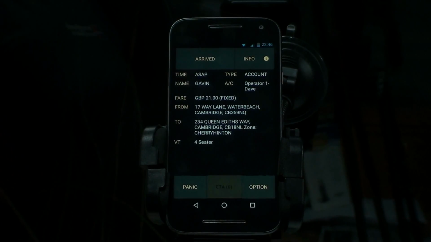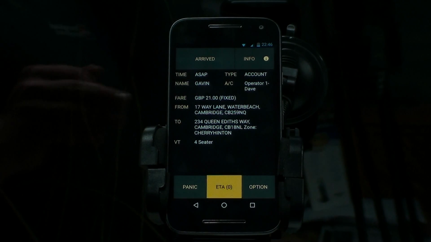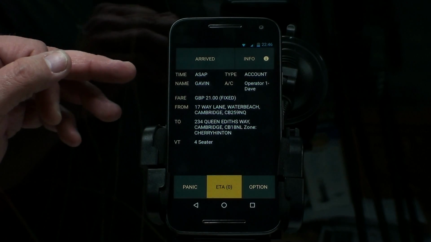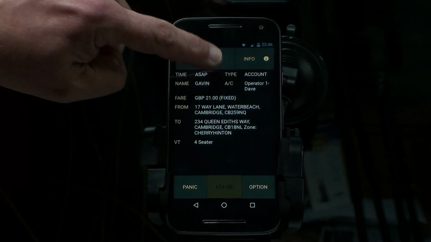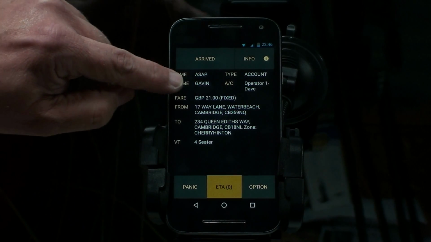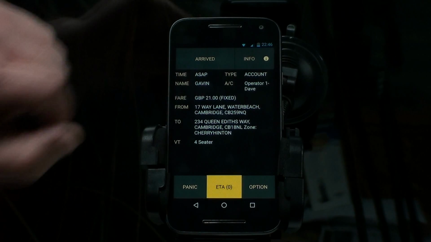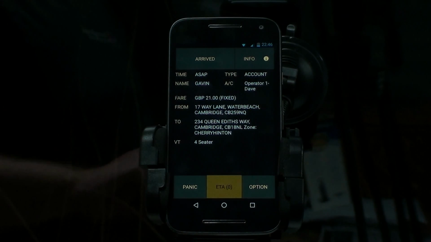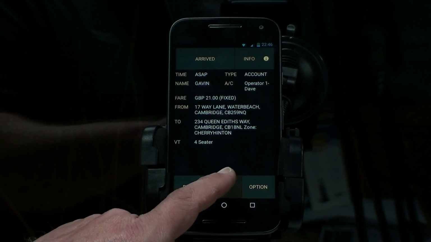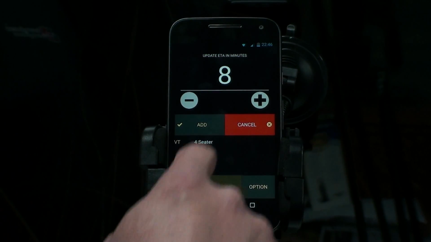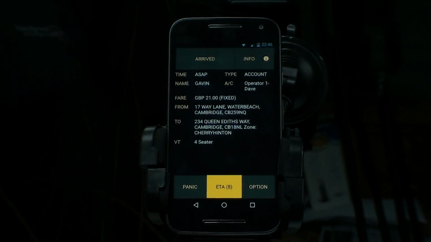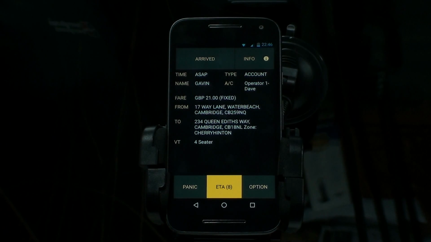I've got a blue job offer in Water Beach. And this is to show you a different type of job. In this example, we're picking up Gavin again as soon as possible. This time the job's on account and we have account details. We've also got a fixed price of £21 to go from 17 Way Lane to Queen Edith's Way, and we have our vehicle type. As usual, add your lead time minutes, your estimated time of arrival,